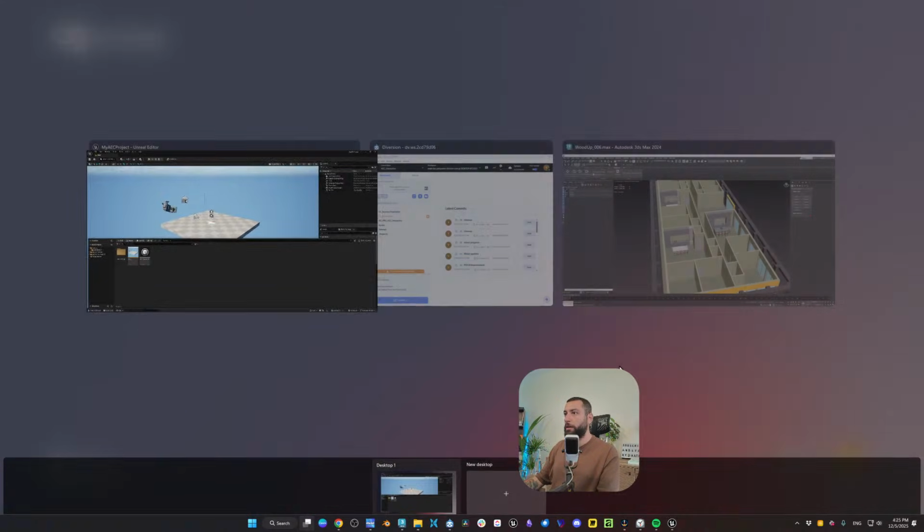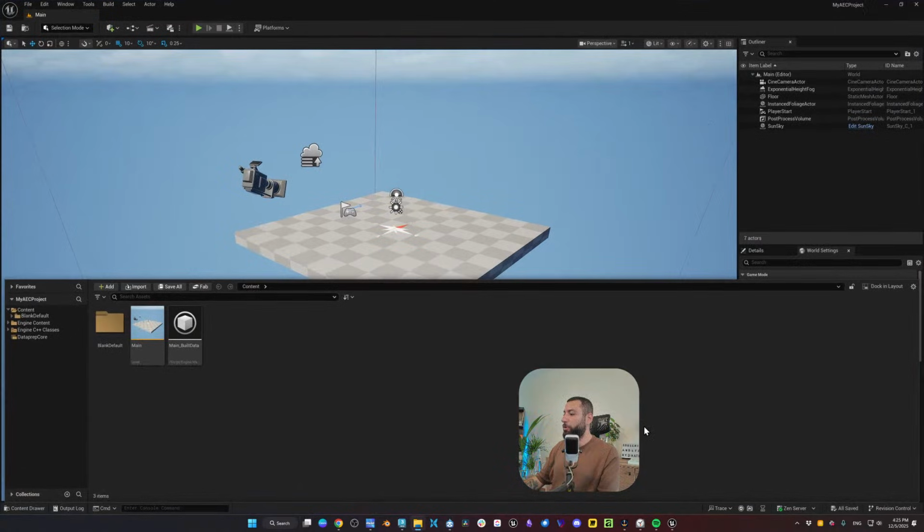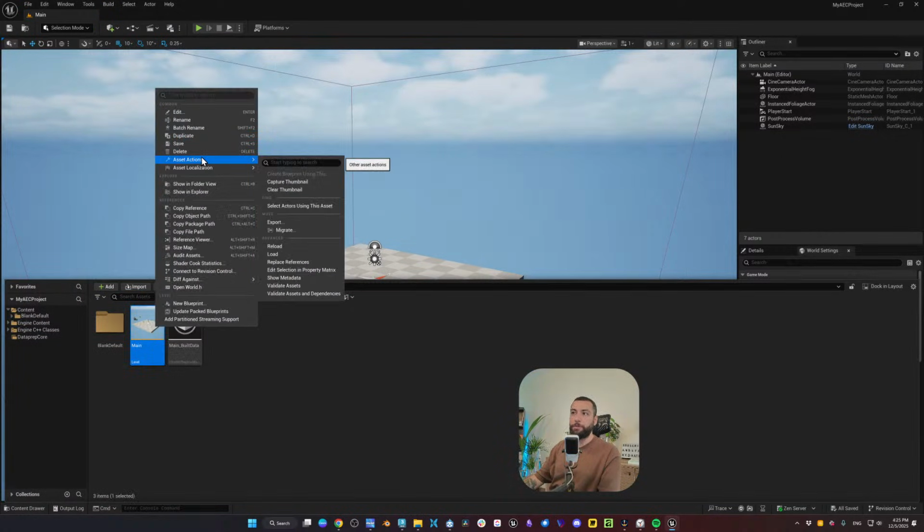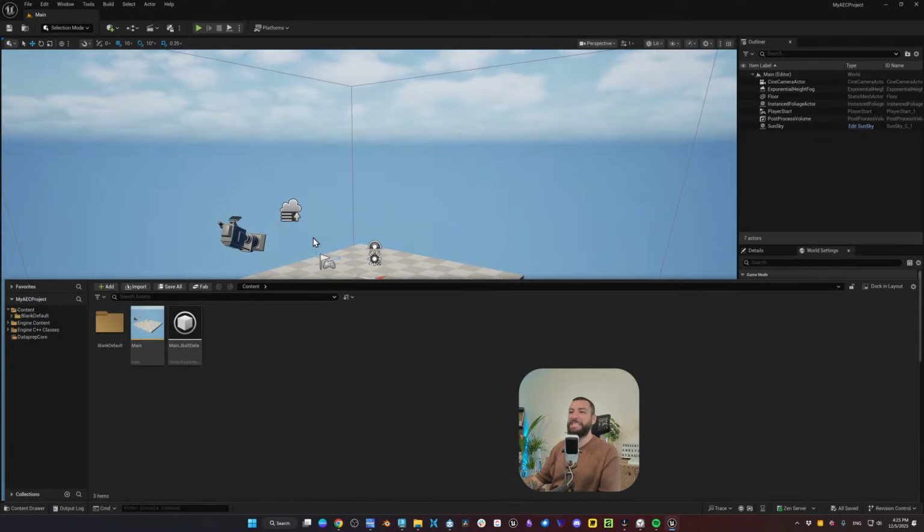And ideally, I should have Unreal Engine 5.4 open, but sometimes for some reason it takes 10 minutes, 20 minutes until it opens, unless I force restart my PC and then it just opens. Very weird. So if it was open, what I would do in this scenario is right click and migrate the asset to show you how to do it properly. But since Unreal is not open, my only solution is to copy the content folder from one project to another. So let me quickly do that, and I'm gonna show you what I'm doing.